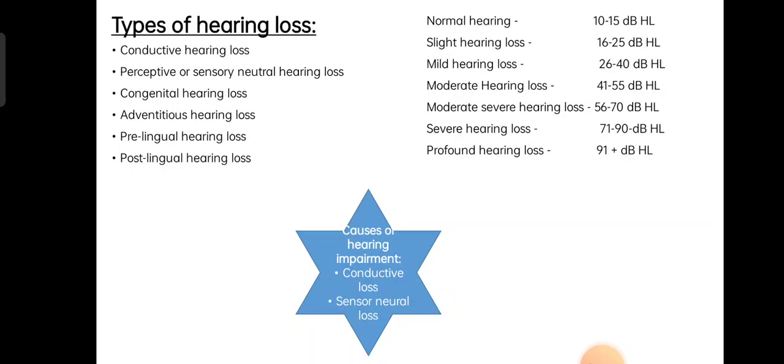So what is mixed hearing loss? It is a combination, the sensory neural problem, where there may be some abnormalities of the inner ear or the auditory nerves. Then what is conductive hearing loss? Hearing loss due to interference in the transmission of sound to and through the sensory organs, maybe in the outer or middle ear.